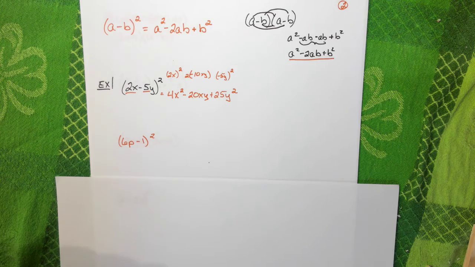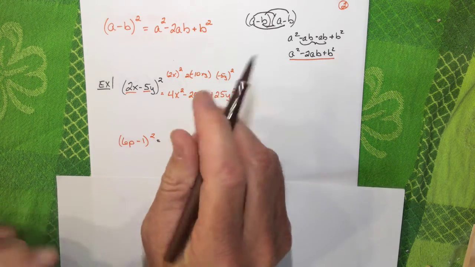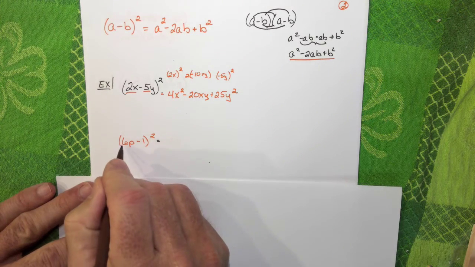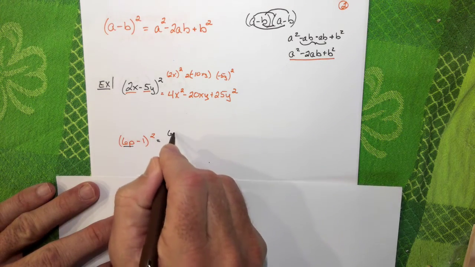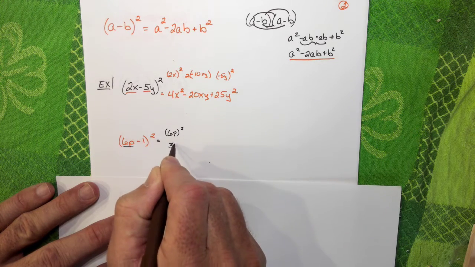Okay, looking at this one. Same deal. I'm writing. You don't even have to write this stuff down. Get it right in your head and move on. I'm just doing this for note purposes. First term, 6p. We got to square that quantity. 36p